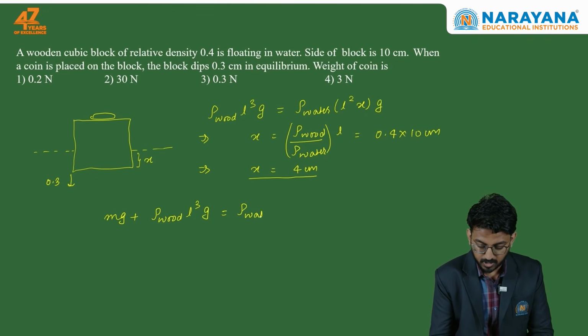Now buoyant force in this case is going to be L square multiplied by 4.3 centimeter multiplied by G, giving us mg is equal to